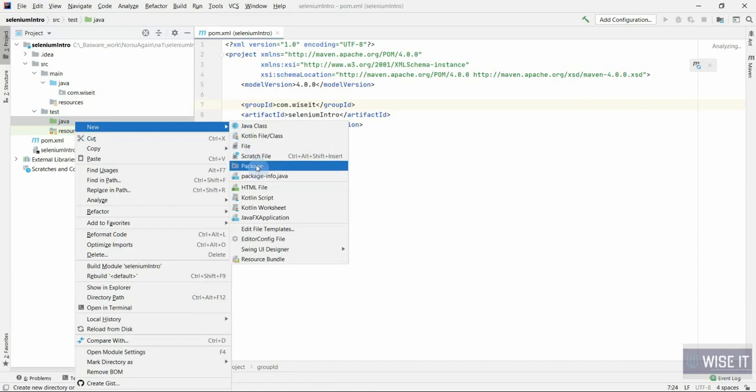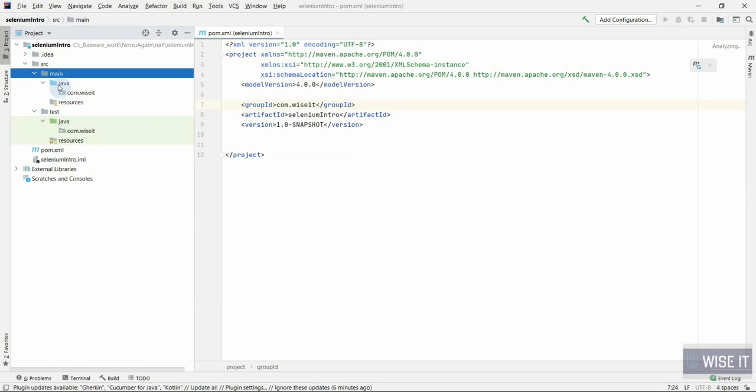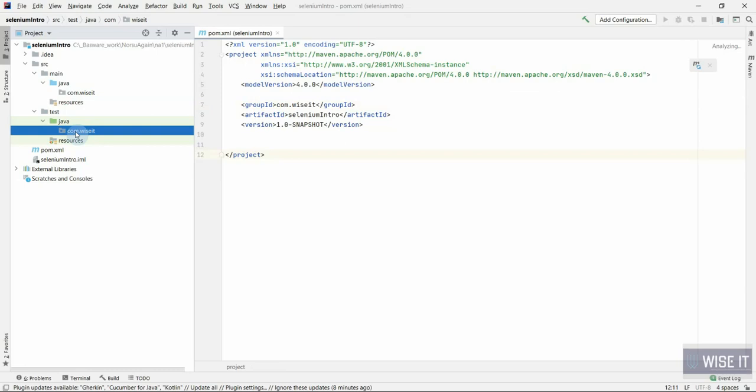So right click on Java folder under test and click on package and give the same thing, com.ysite. So the difference is, in the main Java folder we'll just put all the application related code and in the test folder we generally put all the test related code. So because we are doing automation testing, हम इसको ऐसे define करेंगे कि test के अंदर हम will put all the things which are required for testing, and if there are some files which are related to page objects and all, so we'll put it under this main folder. So let's start. So first of all हमें ये दोनों फोल्डर बना लेने हैं इसके नीचे.